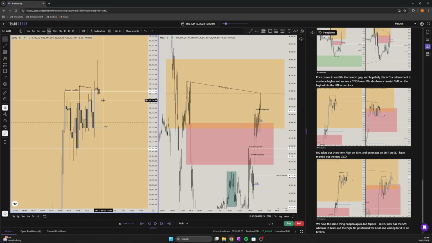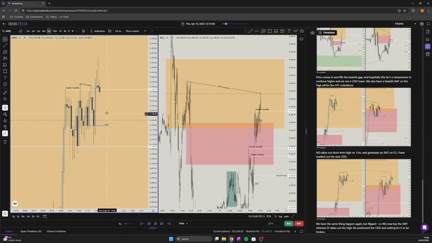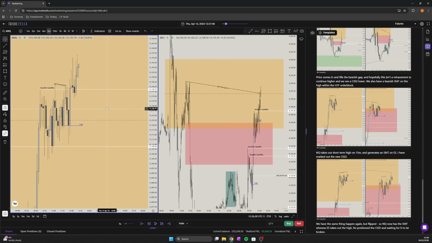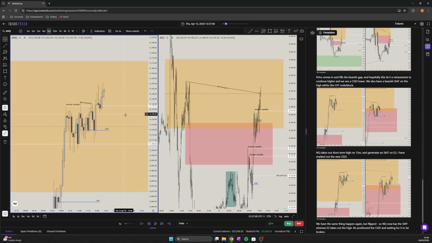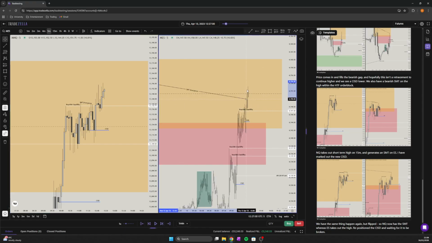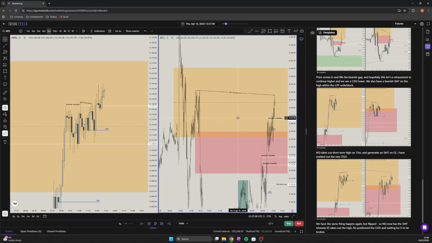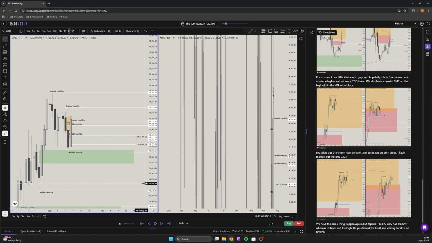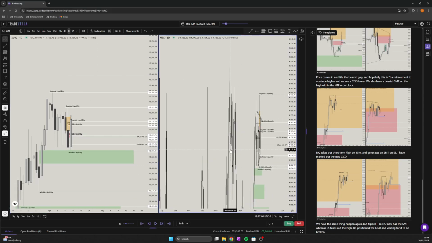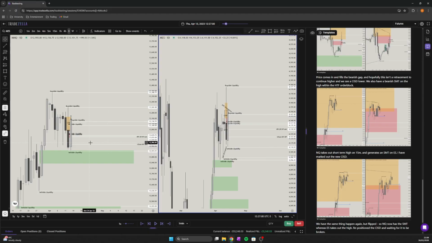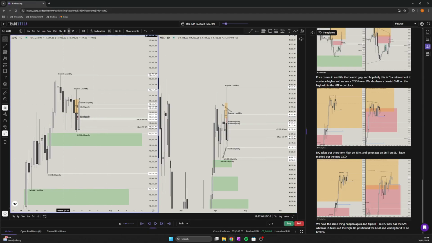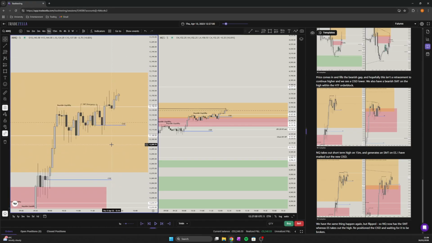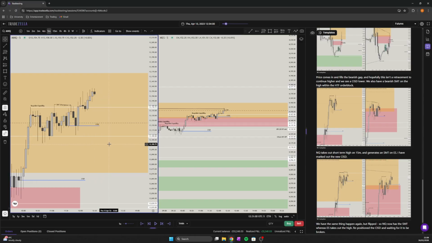Price may actually end up respecting this because we have a change in state delivery. Does price end up respecting it? Yeah, it does. Okay, so obviously that's a missed entry, but that's fine because it's just not in line with my bias anyway. Am I still looking for shorts on this day? Of course I am. Nothing gets hit here. We did have the SMT. Obviously, this is just the state of awkwardness when it comes to trading.